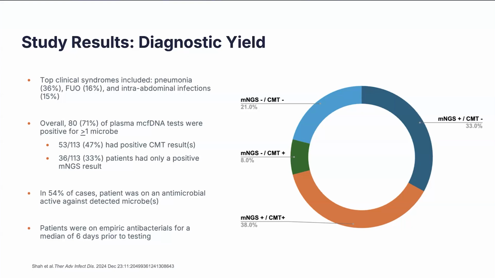And then finally, the small section, your green section, but very important, where your conventional testing is positive, but Karius is negative. So this area is 8%, I think it was like 13 patients in our study. It really makes you pause and think what's going wrong. And one has to realize, like all tests, Karius is not a magic bullet, which will solve all of your problems and catch all the diagnoses. However,